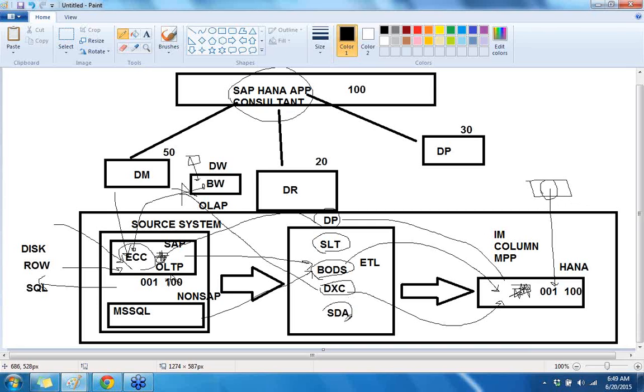The fourth one is SDA, which stands for Smart Data Access. Smart Data Access is primarily used in a use case when you want to get data from non-SAP systems. For example, let's say you have a database like MS SQL, Oracle, or Sybase. When you want to get data from these systems, we use Smart Data Access and get data to the HANA system, mainly for non-SAP